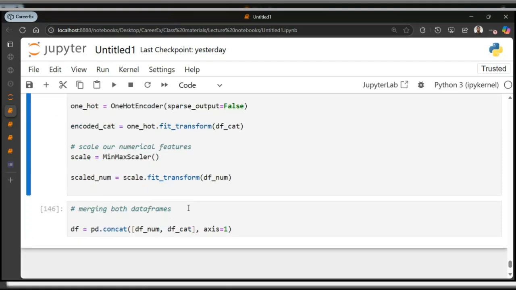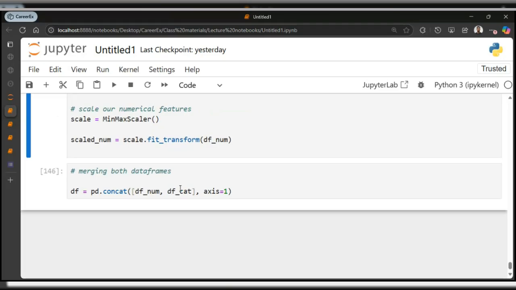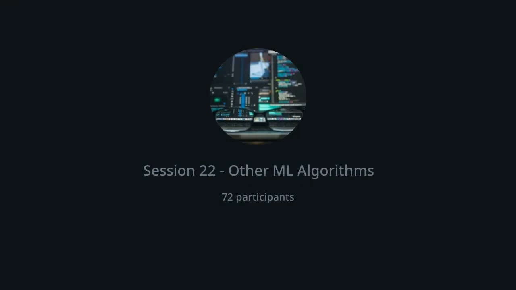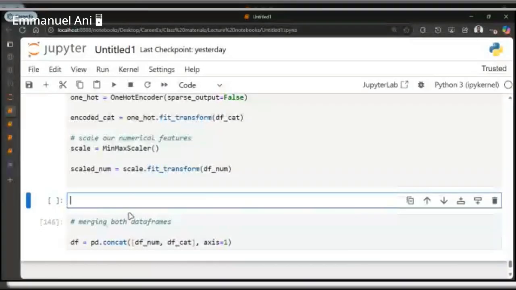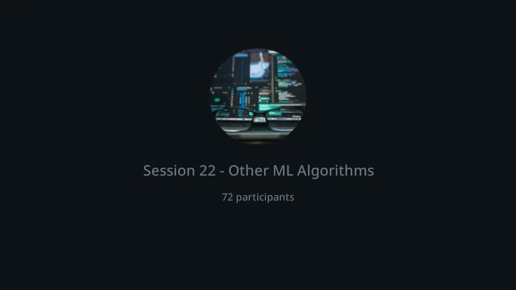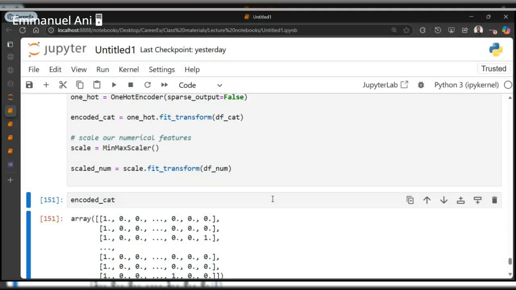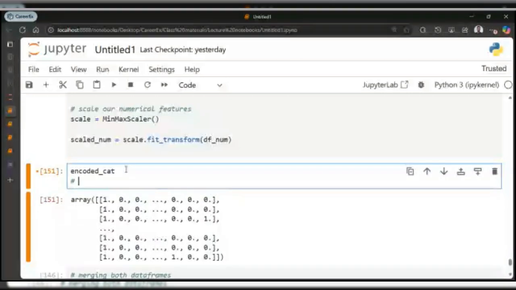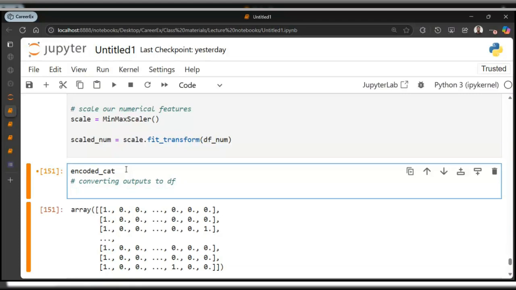So now let's quickly look at it before we concatenate, right? You can see our encoded cats here. We're going to have to convert it to a data frame. So converting output to df. This is just a very brief summary of what you're supposed to do.